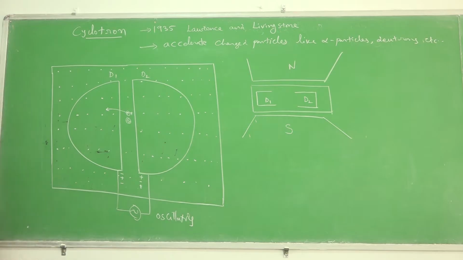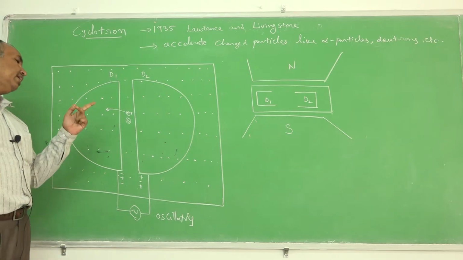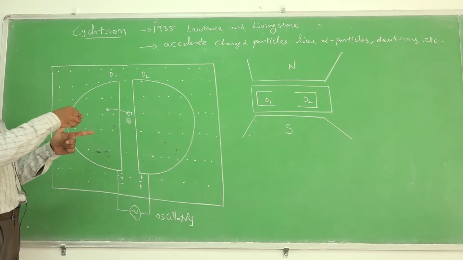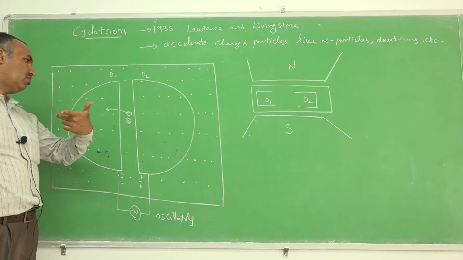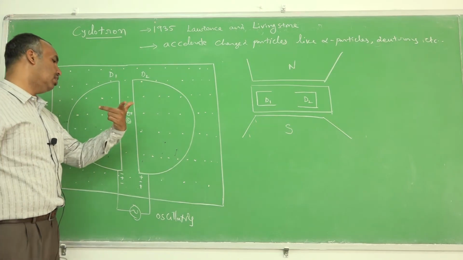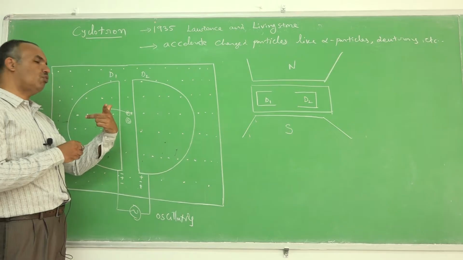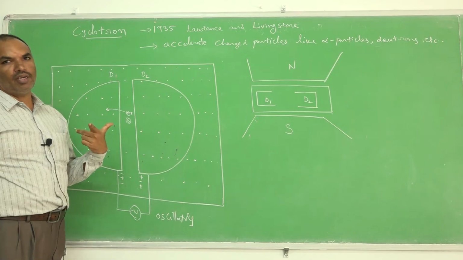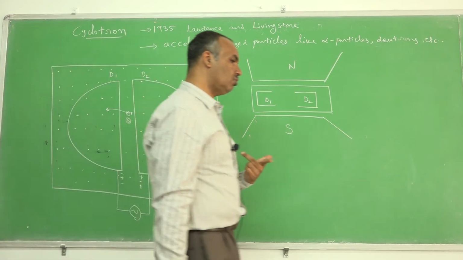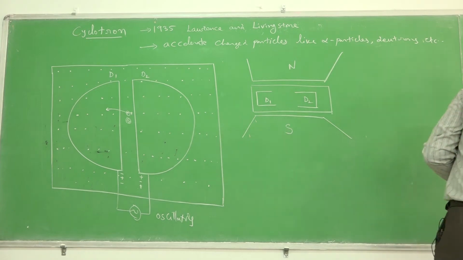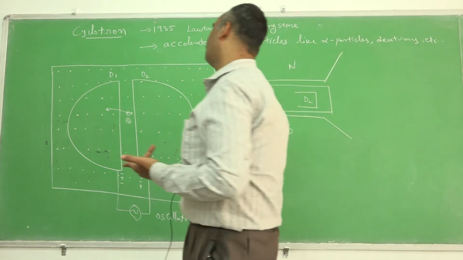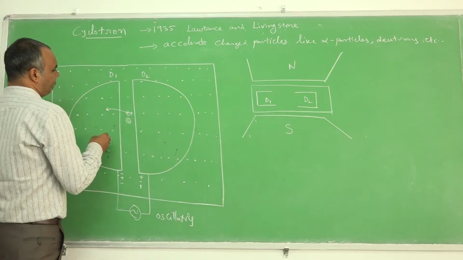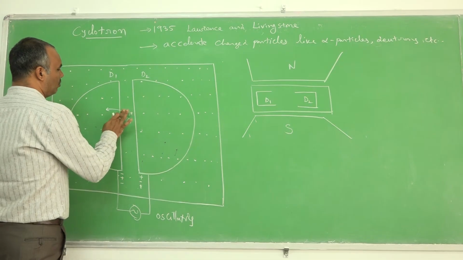As per Fleming's left hand rule, if you observe like this, this is current, this is magnetic field, and this is the force. The magnetic field is out of the paper, current is like this, so it experiences a force. The force makes this particle move in a circular path. So whatever particle comes out, because of the force experienced in the magnetic field, it will move. Suppose it is like this.